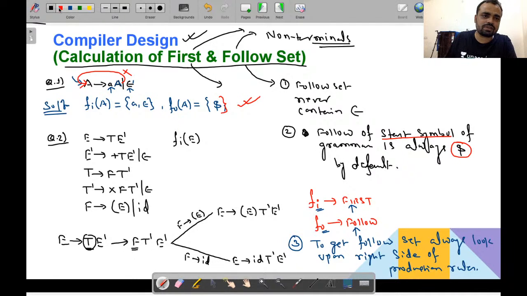So just try to analyze this situation. इस सिचुएशन में e का फर्स्ट कौन होगा? लेफ्ट ब्रैकेट, और इस सिचुएशन में कौन होगा? id. Got it? So the first of e will become left bracket and id. तो यहां से एक बात ध्यान में क्या रखना है,